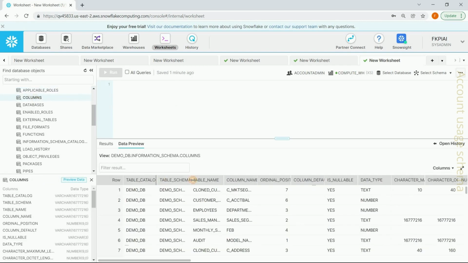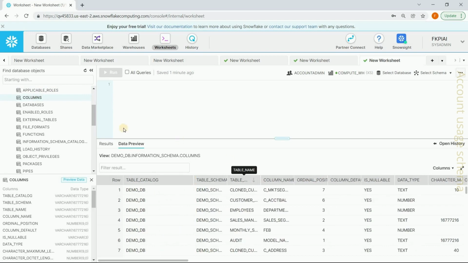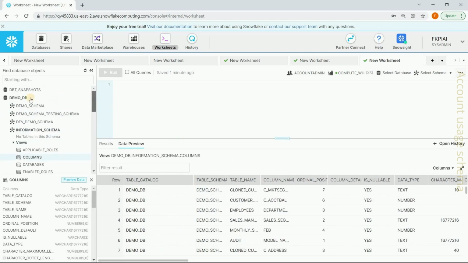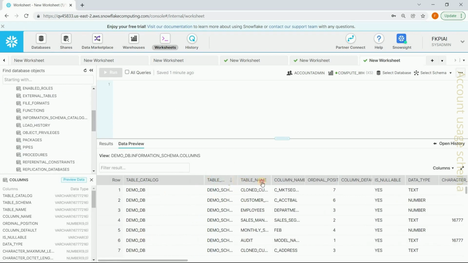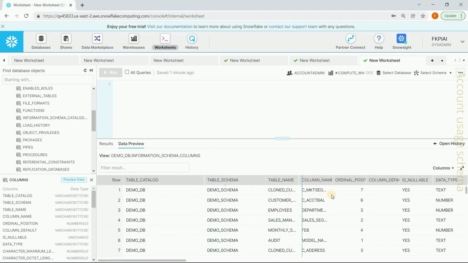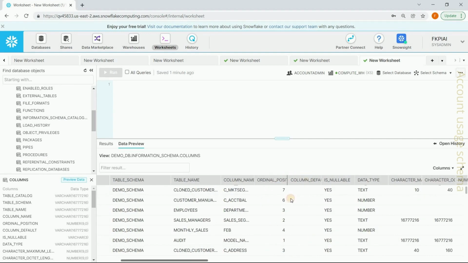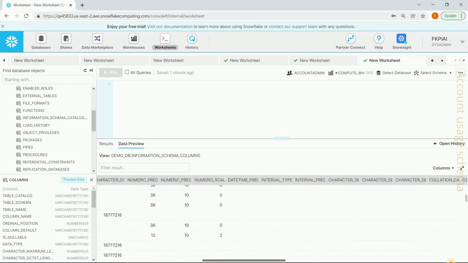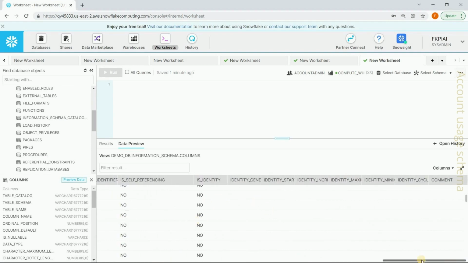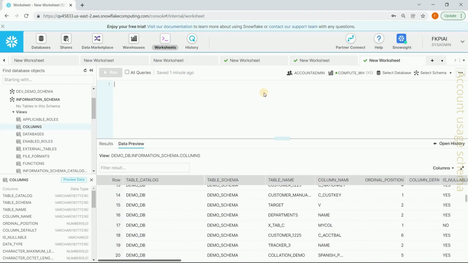Now the columns view. This view has details of the columns of the tables which are created under this particular database. So you have the table catalog, meaning database name, the table schema, table name and the column name, and it has the ordinal position and its data type, whether the column is nullable or not, and whether the column is an identity column or not. In real time we generally query this view as,